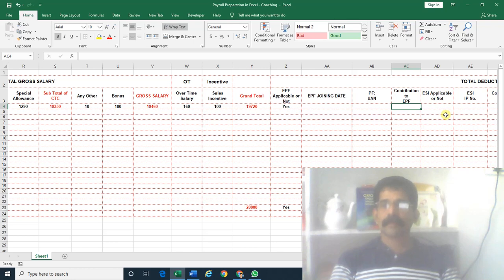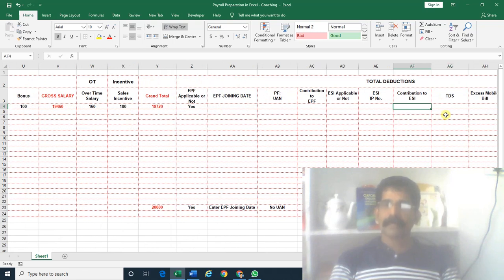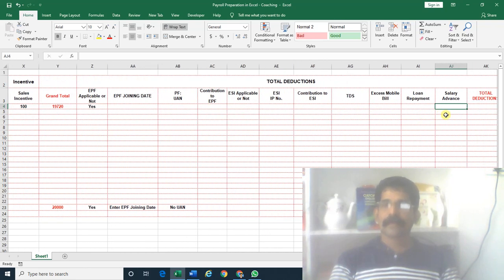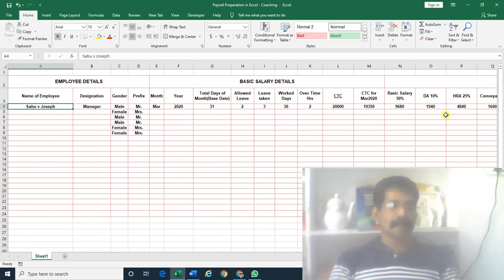Otherwise, the result will be 0. Likewise, for ESI calculations, everything, we will use so many functions for validating these calculation criteria. Okay, we will study that in the next session.